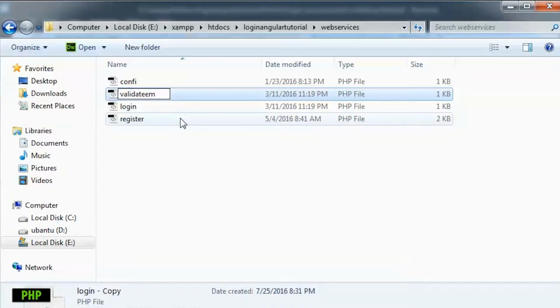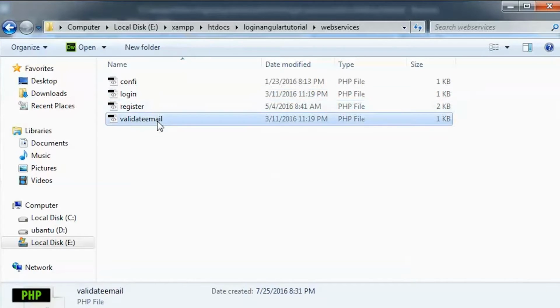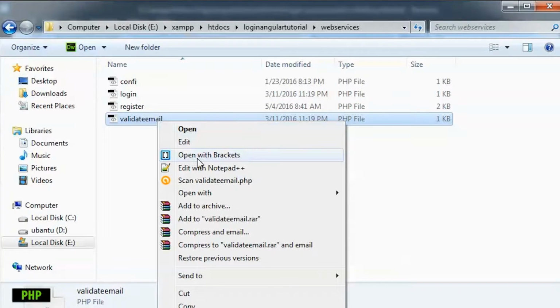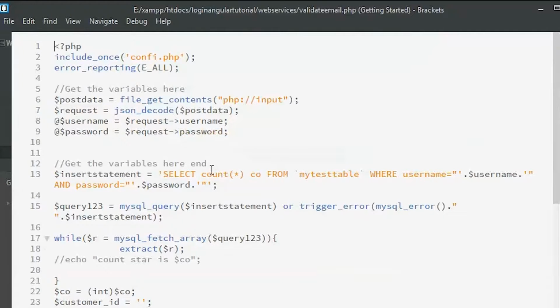You can put in whatever name you want for the file. It does not really matter. You have to make sure that all the names are correct and all the other tables. So here we see that we are using the statement select count star. Instead of using select count star, here we need to put in the username and password.